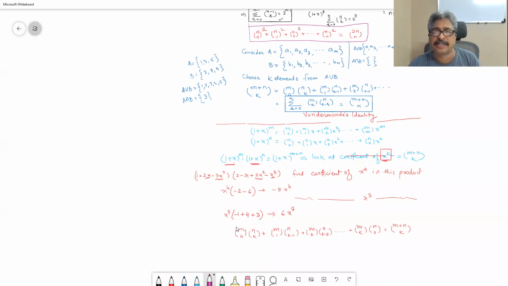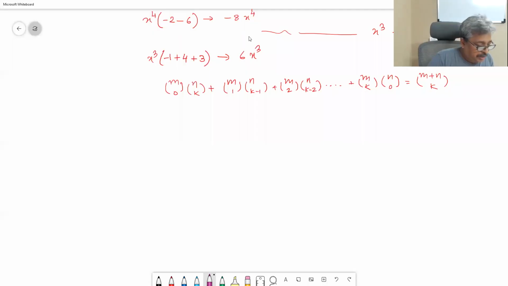So it is easy now. Instead of taking two sets of m objects and n objects, both the sets are of n objects. That makes it 2n here, and we will choose n objects out of it. That means we will look at the coefficient of x raised to n. Let me check how many of you have understood now, and start writing from it.